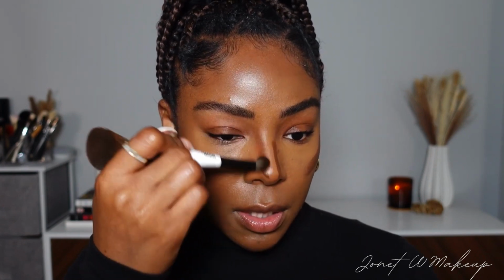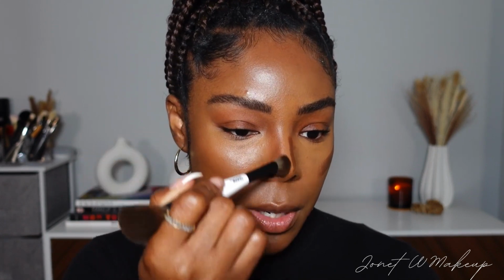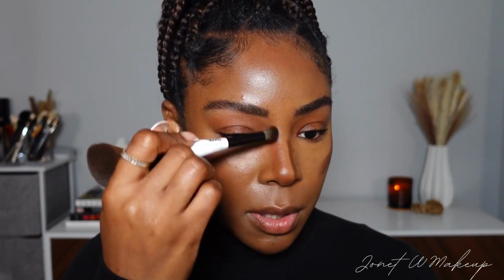And then blend out this nose contour. I like to take that into the eye area to kind of fake a little bit of eyeshadow when I'm in a rush. Just blend, blend, blend, and fake that shadow. There we go. I could totally do this even faster if I wasn't explaining things and showing products, but this video might go down to be like 13 minutes, but it's really a 10-minute routine,